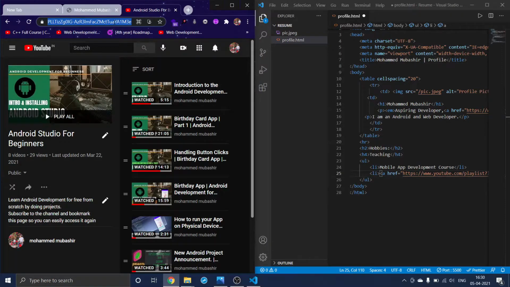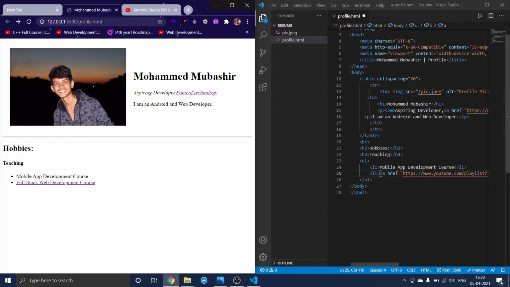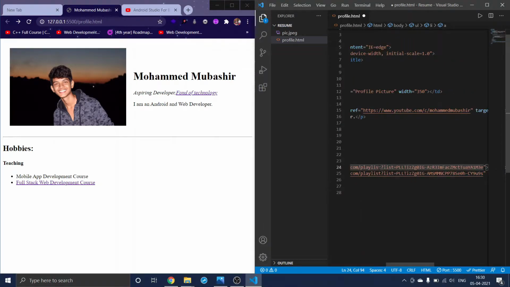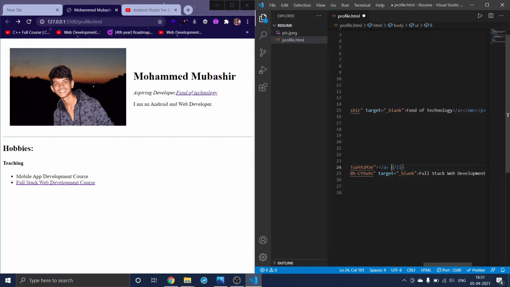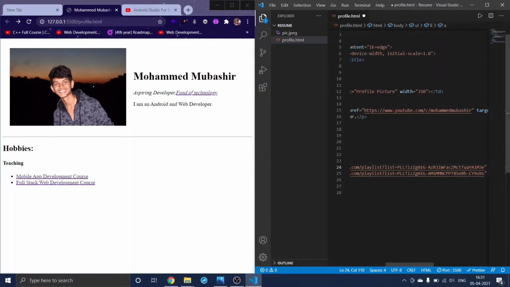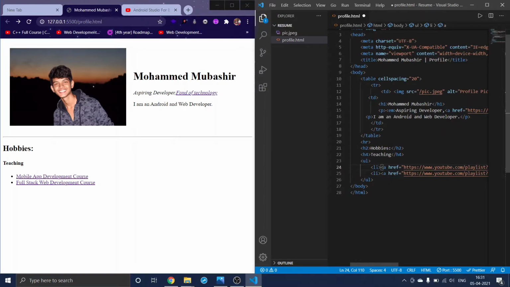So let me copy this and give an a tag here, in the href paste the link and cut this and paste it here, save. Yeah, these both became links here, and I will give the target attribute here as well, target blank. Yeah, so the hobby section is done,